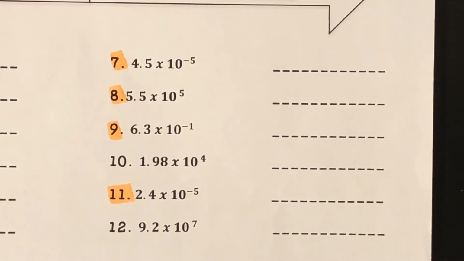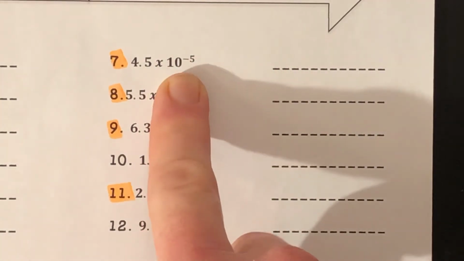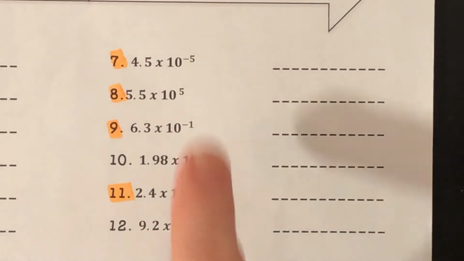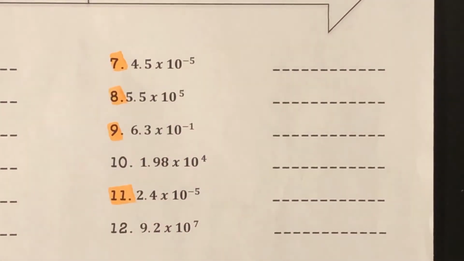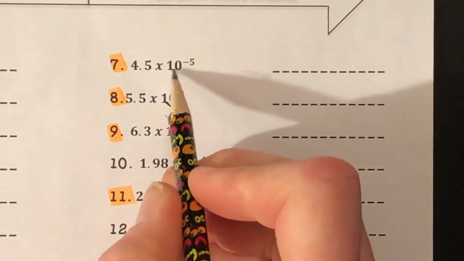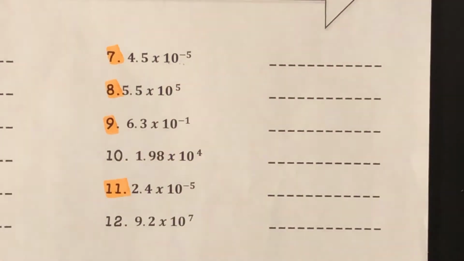Or whatever. So really, honestly, look at these numbers. We're going to do obviously 7, 8, 9, and 11. But you can look at these. Look at the decimals. Look at the exponents. Notice which ones are positive and negative. If it's a negative exponent, your number is going to be teeny tiny. You are going to have an itty bitty little decimal. So I know that this is going to be much, much, much smaller than 1. When they're negative exponents, it's because these are itty bitty, minuscule, tiny numbers, most of which we don't ordinarily see